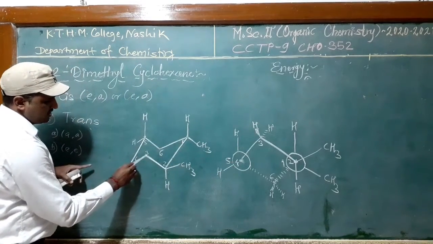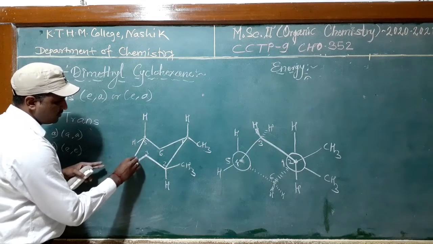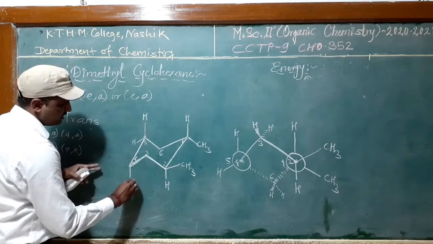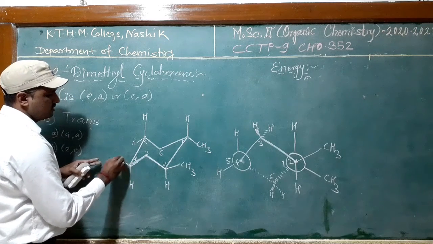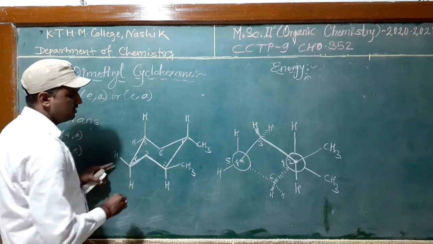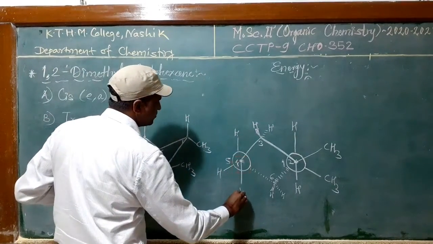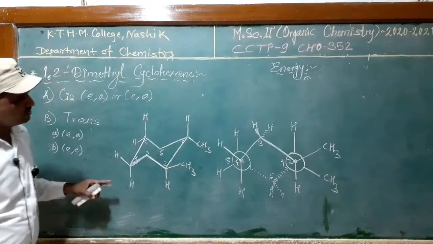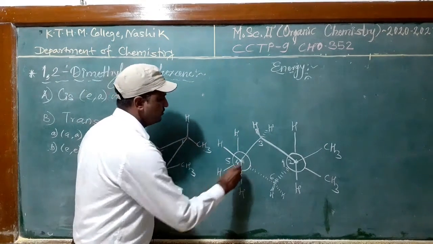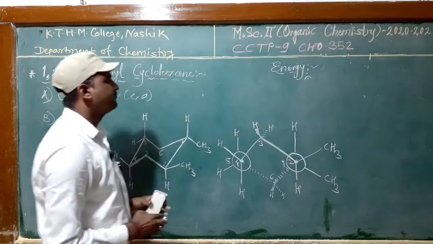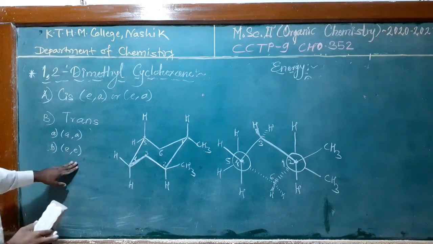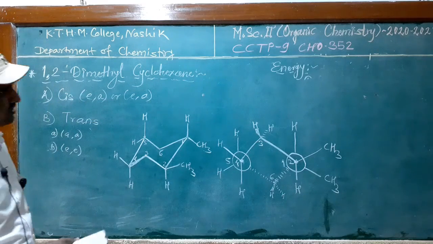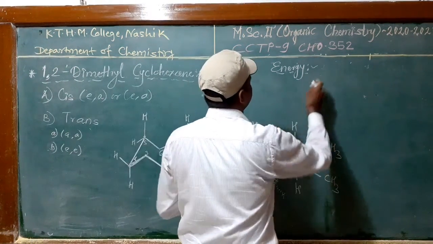Next carbon, now this is the front carbon, carbon number 4 is a front carbon atom, second dot, having this downward axial hydrogen, upward equatorial hydrogen, downward hydrogen and equatorial hydrogen in this way. So this is the overall representation, Newman's projection for the equatorial conformation of trans 1,2-dimethyl cyclohexane. Let us consider its energy.